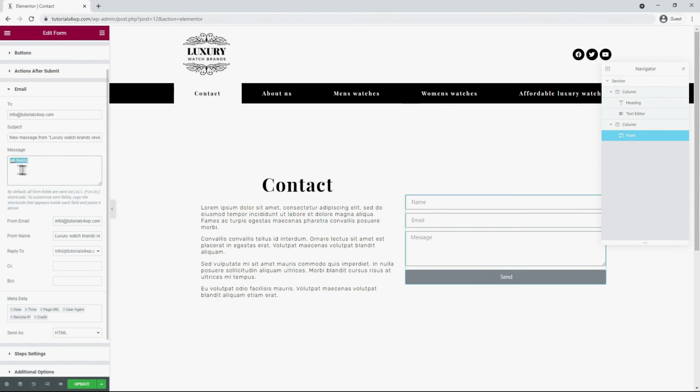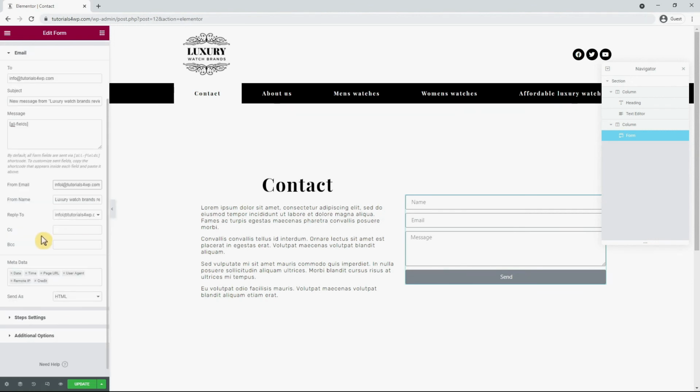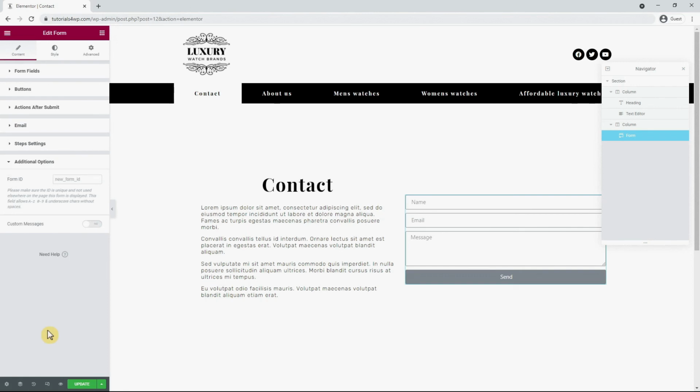In the from email field you can indicate from which email address the form should be sent. You can also create a separate email for this. In another video I will explain how to create an email address in just 1 minute. For now I'll leave everything as it is and I'll move over to the additional options, and here you can